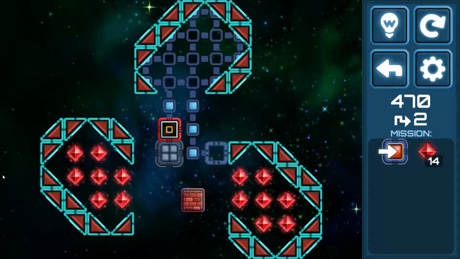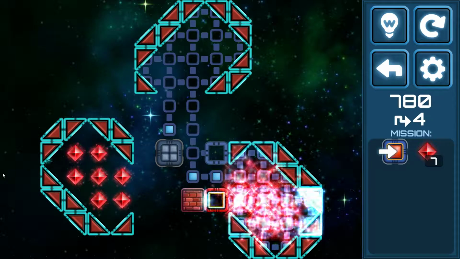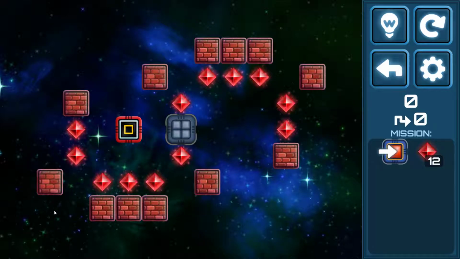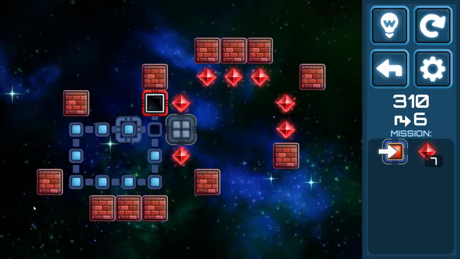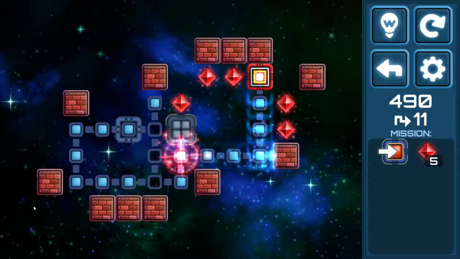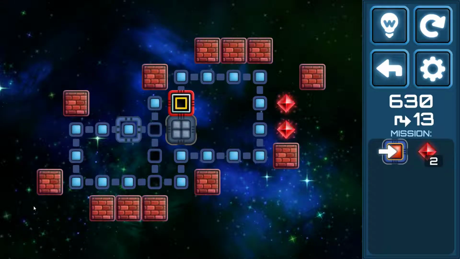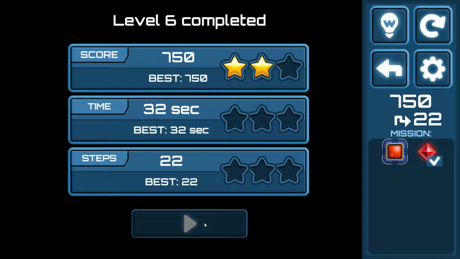Like this? Maybe not. Oh, okay. Which way do I go next? Okay. What do we do? What do we do here? Oh, I can go like this. Okay. But... Alright, that was a lot more than we needed for steps apparently, but...